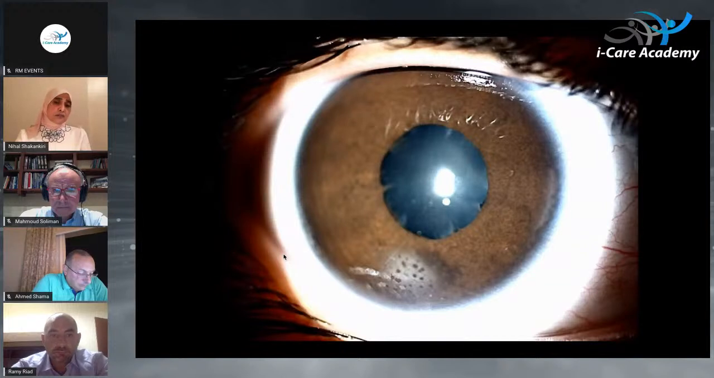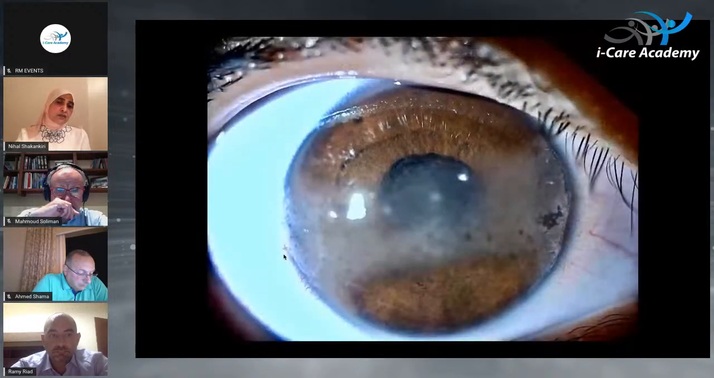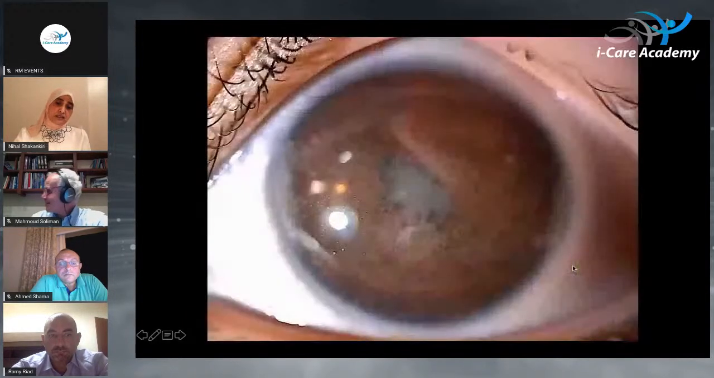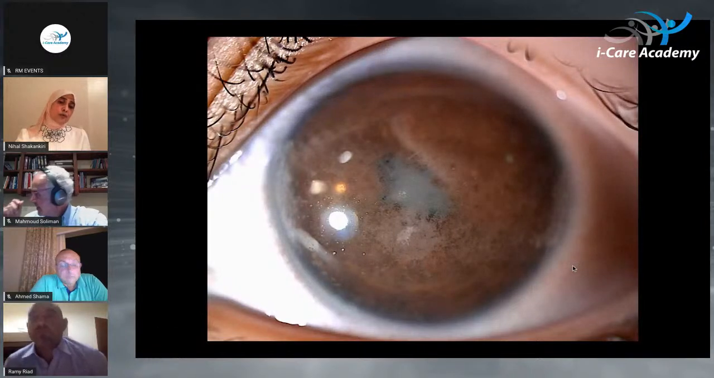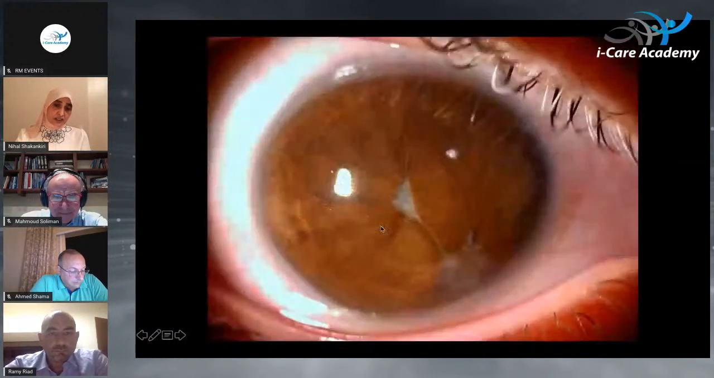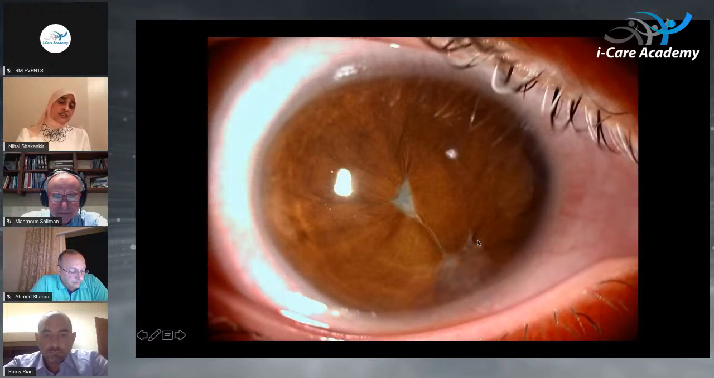And we see a variable degree of corneal affection or band keratopathies that may be mild or may be severe, as in this case, and may be combined together, cataract together with band keratopathies. And here both are severe: band keratopathy and significant cataract. And sometimes we see even iridocorneal adhesions